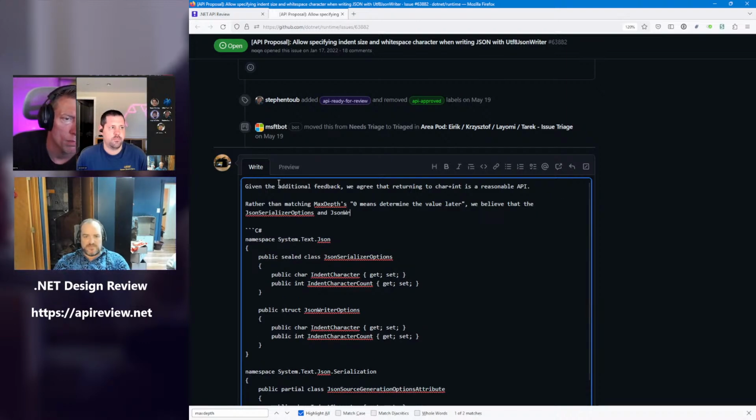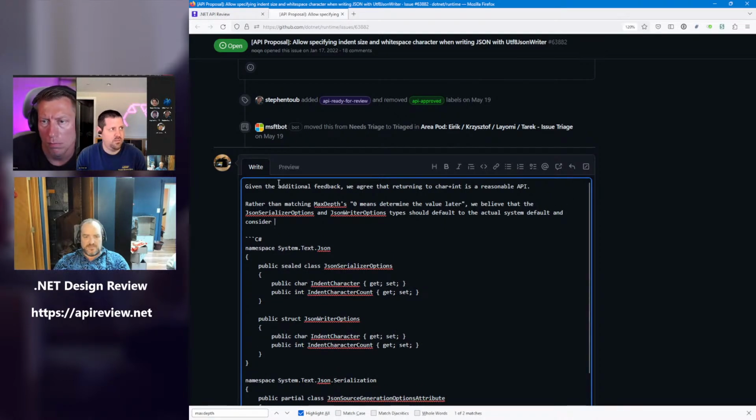I guess the other thing is if you just want to set it back to the default, not knowing what it is. Would we be able to enforce this for the case of the struct?